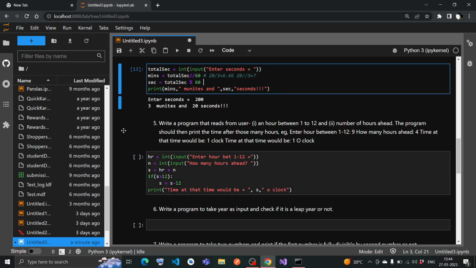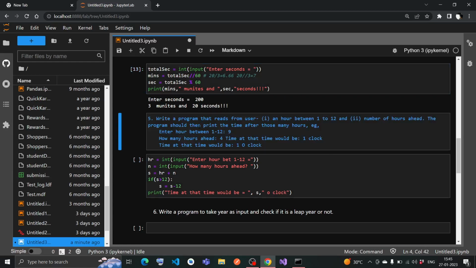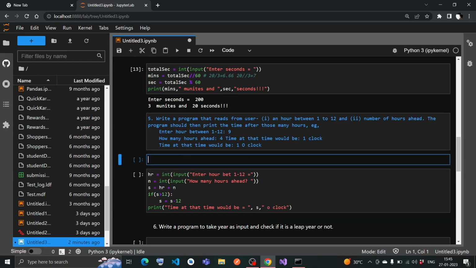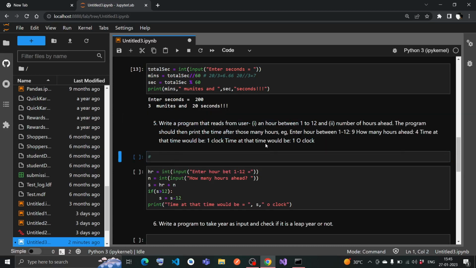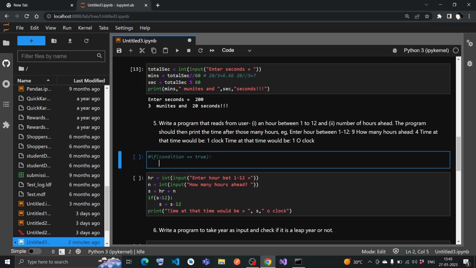If I can do one thing, I'm entering one cell, and inside that, let me first tell what is if. Inside if there would be a condition. If this condition equals true, that means if the condition is true, then inside that particular if